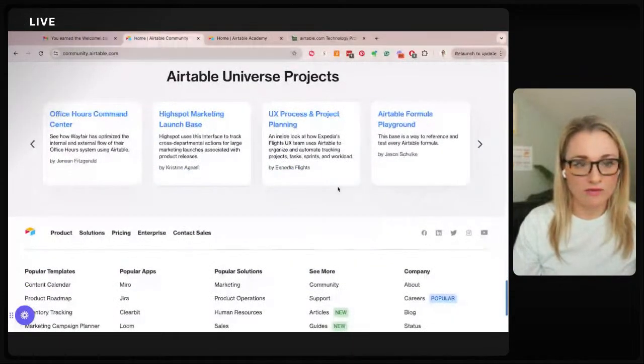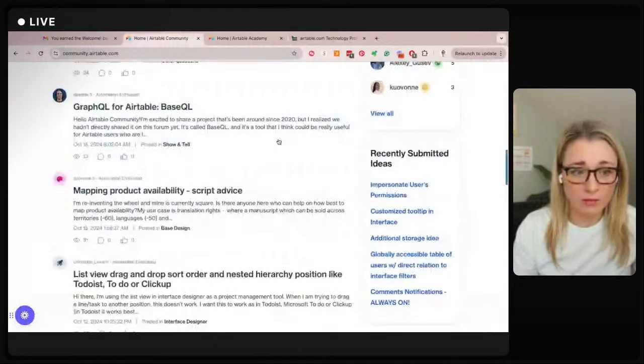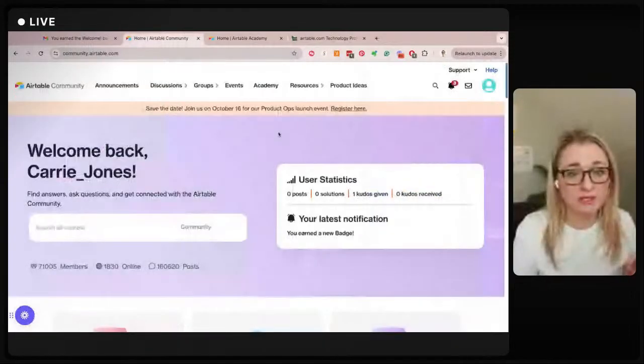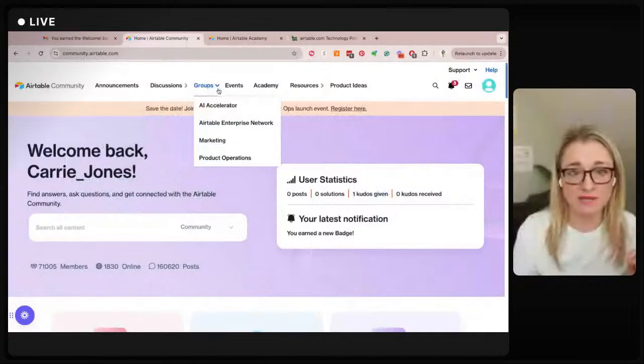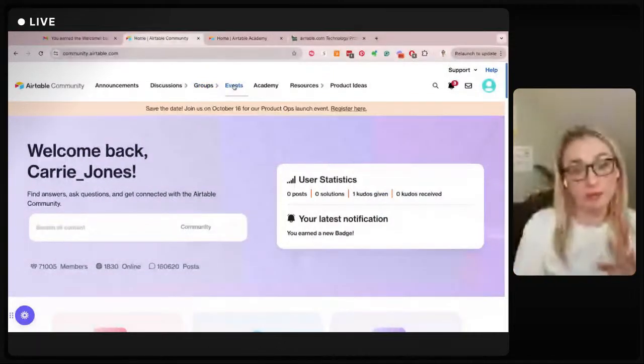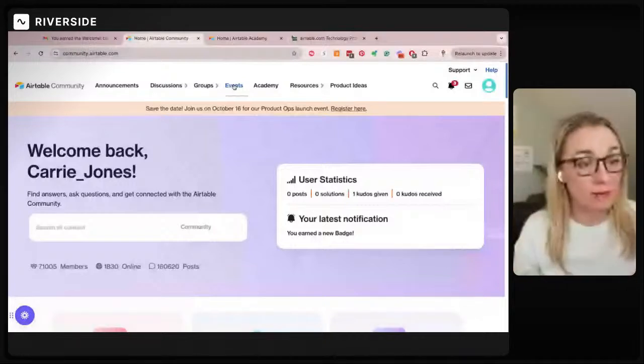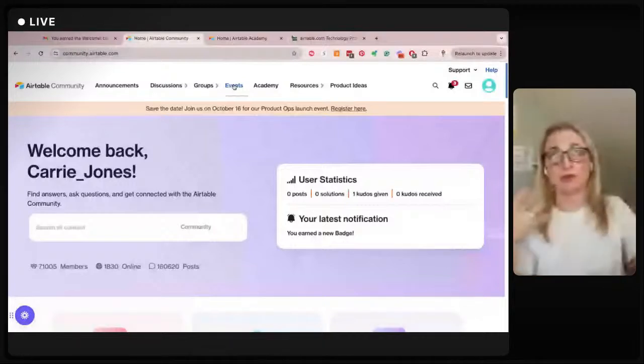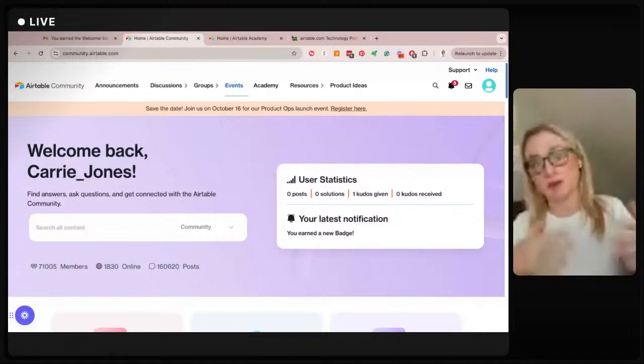So there's a lot going on here. What I will say is there's a ton of opportunity here. There's a ton of opportunity in groups. That's where I'd be investing a lot of my time. I'd be looking at events, maybe not only what events Airtable and the Airtable community can do, but also what events Airtable is showing up for. Are you going to Adobe Max or anything else? That's another interesting area.